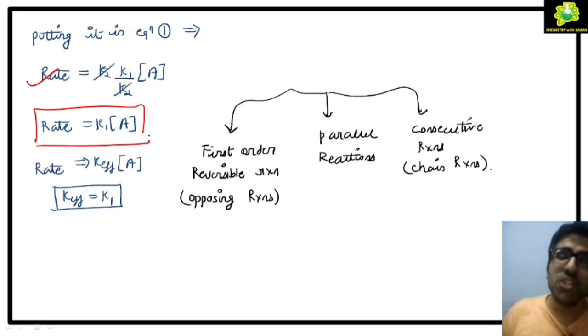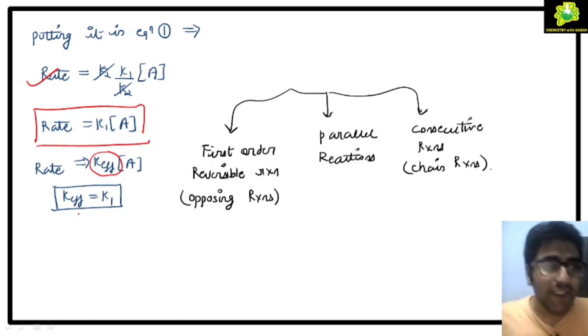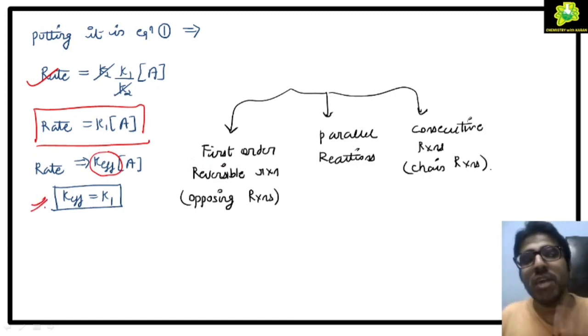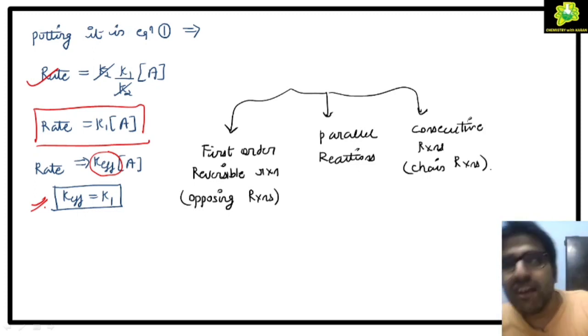Always the rate expression should be in terms of reactant concentration. So how can we represent it? We can represent it as K effective into A after solving. So if in place of K effective it is K1, in JAM 2021 the question which came was, in place of K effective we were getting a mixed expression of K1, K2 and so on, and we were required to put the values and solve the answer.